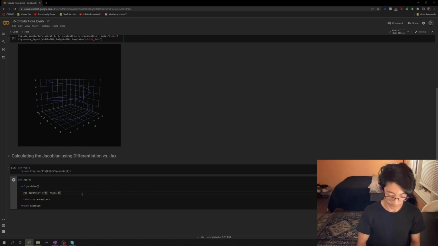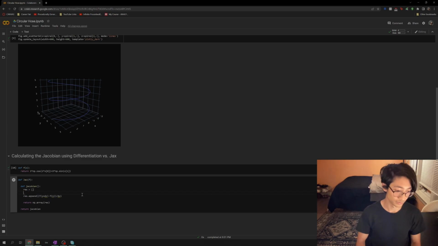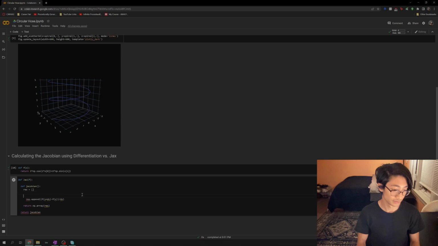So we've got that. So since we're making this a list, we would probably want to start our result as an actual empty list so we can slowly add more values to it. So we have that. And we're doing this step by step, so this is probably going to be a for loop. So let's call it for i in range